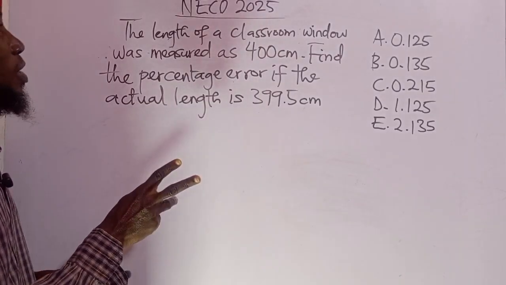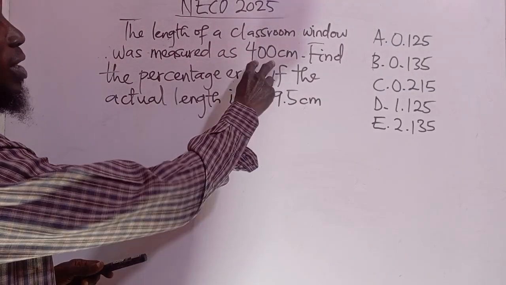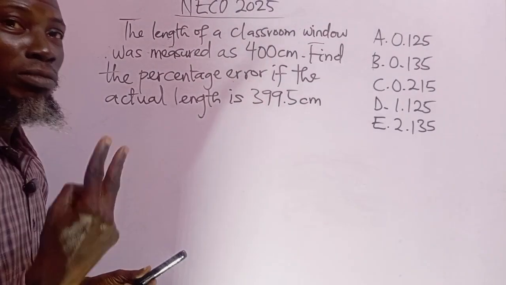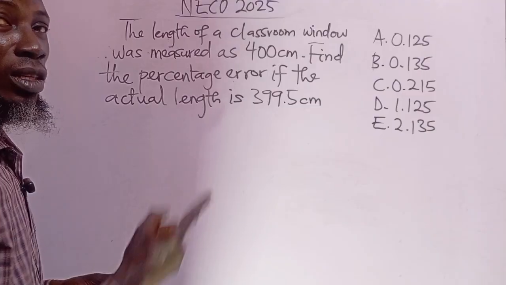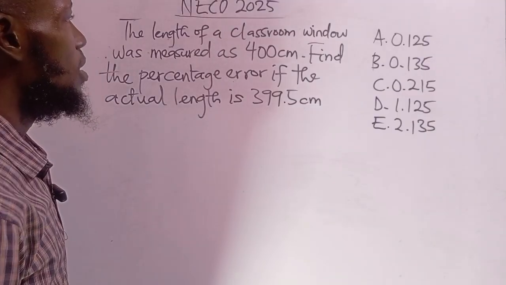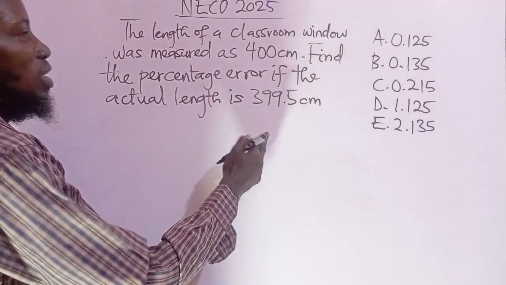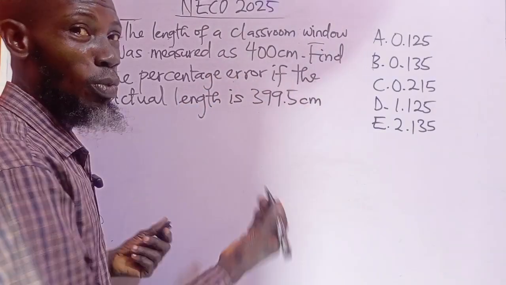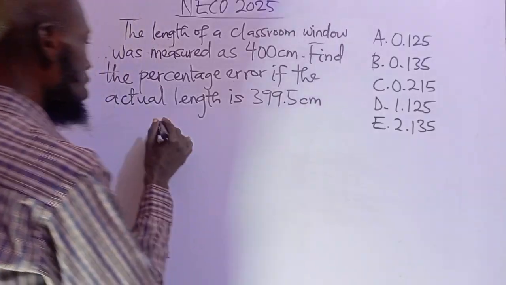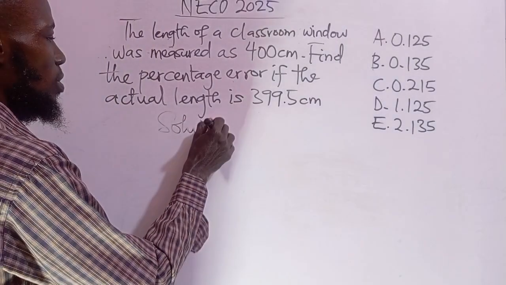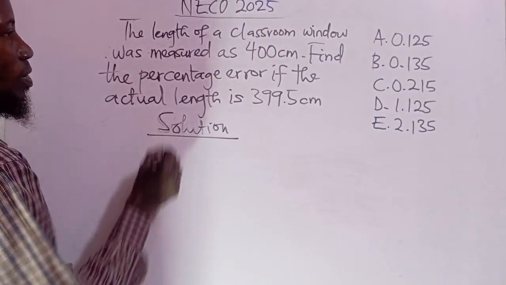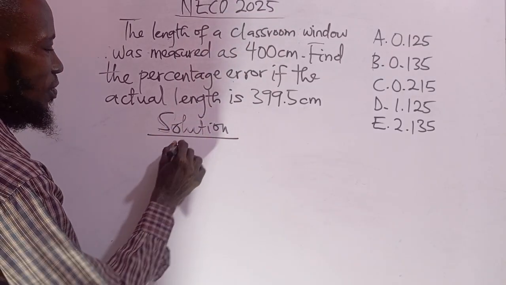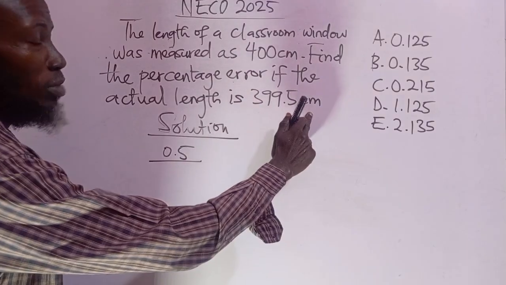So from this question, the window was measured as 400 centimeters, and the actual measurement is 399.5 centimeters. So the difference between the error measurement and the actual measurement is 0.5. So the error is 0.5 all over the actual measurement, which is